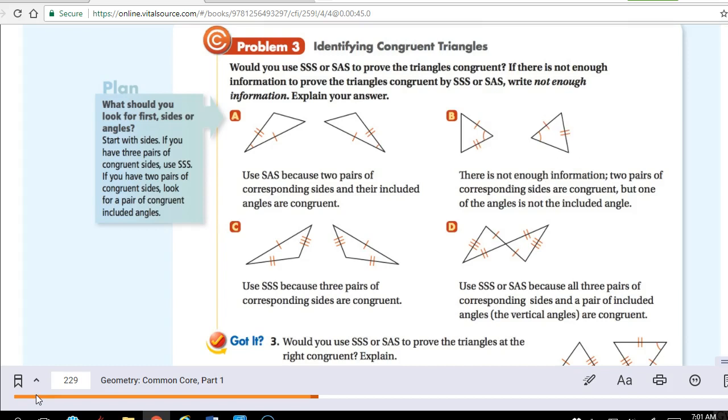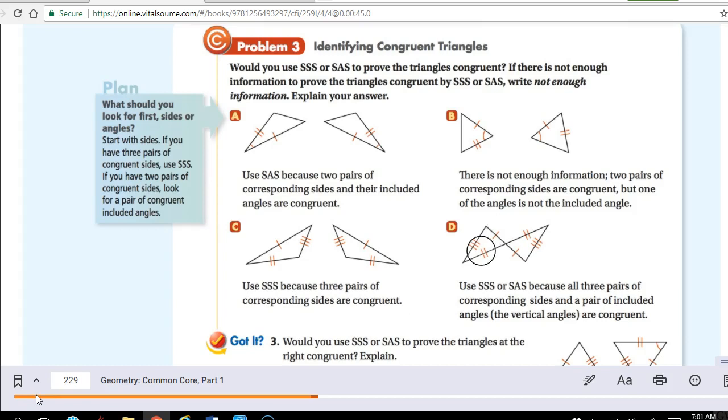Okay, look at C. I have three sides of this left triangle matching three sides of this right triangle. And so I would use side, side, side to prove that the three pairs of corresponding sides are congruent to each other. All right. Then finally D,